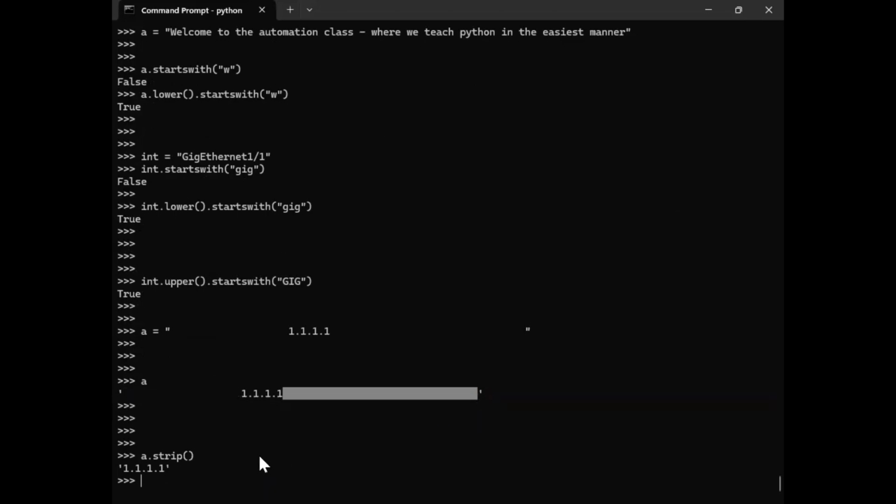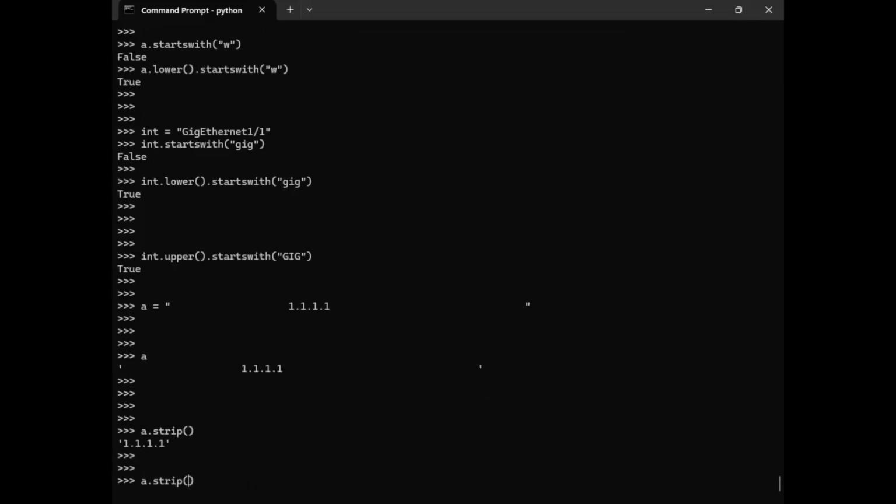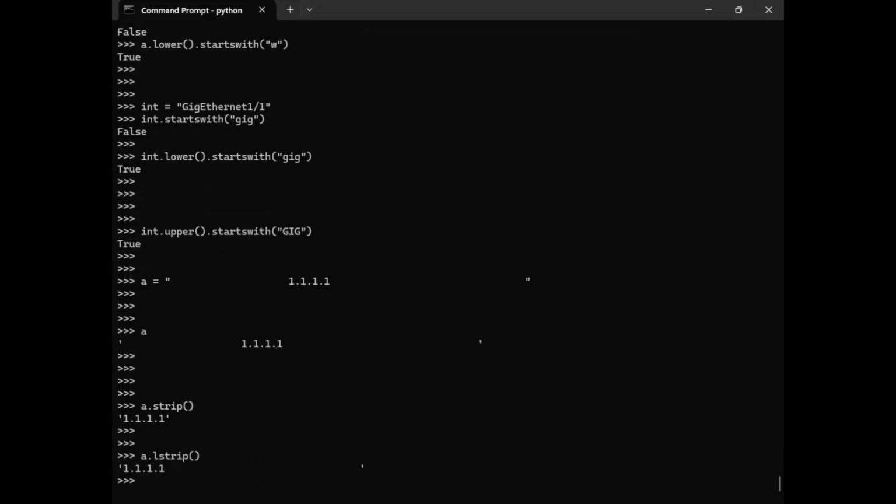So in my programming, these small functions will save my time. I will just strip out the value, so that if there is some space in front or at the back end, please remove it. Or if you want to remove only from the left hand side, you just write lstrip. Simple.